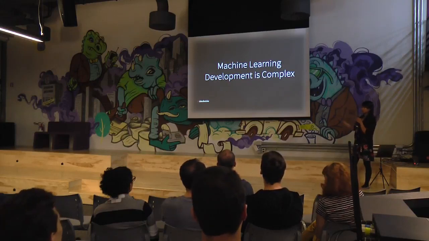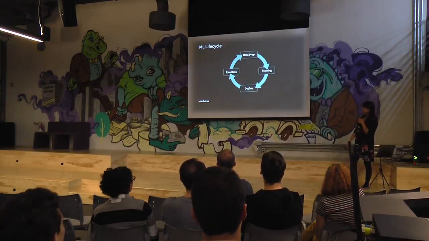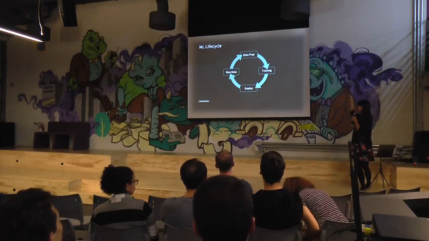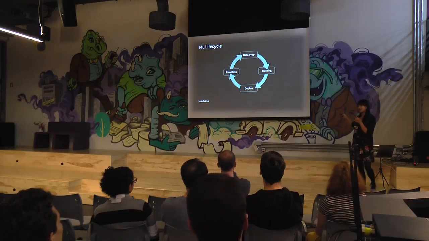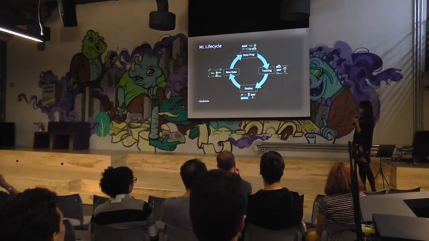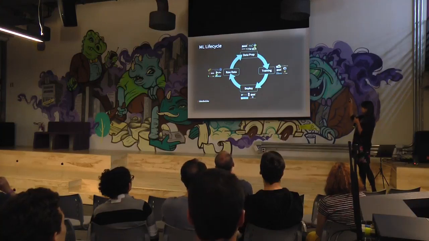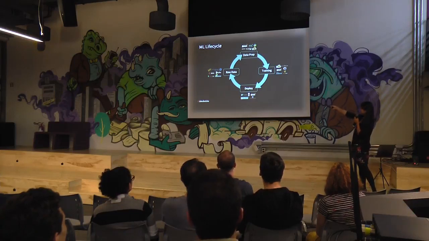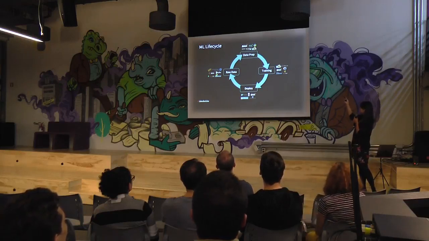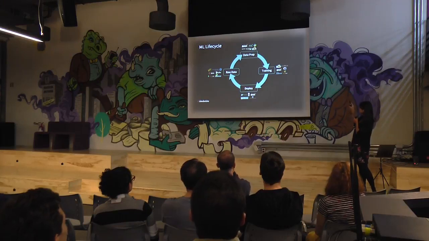We all know that's true. So the ML lifecycle: we have raw data, we prep the data, we train, we deploy, and we have to keep going in a cycle. We iterate, and we run this multiple times. At every stage, there are multiple different tools that we use. For raw data, you're using various data sources, maybe Hadoop, MongoDB, some S3, for example. For data prep, maybe you're using Spark, maybe scikit-learn, Pandas, whatever. So there are multiple tools that you're using.